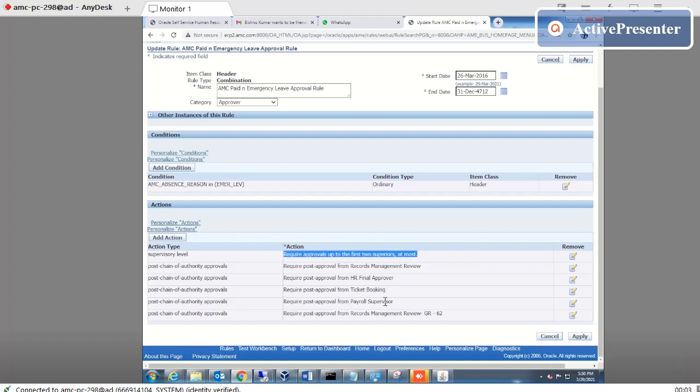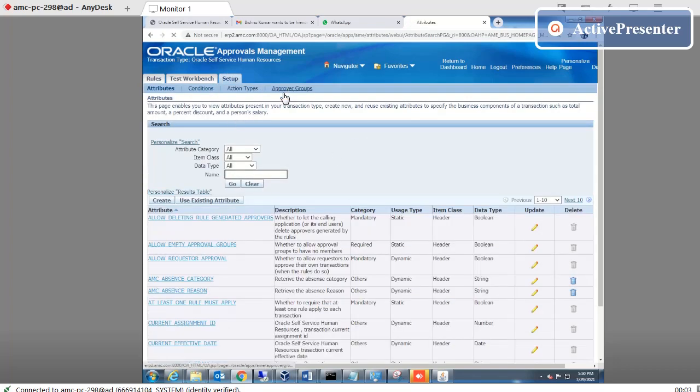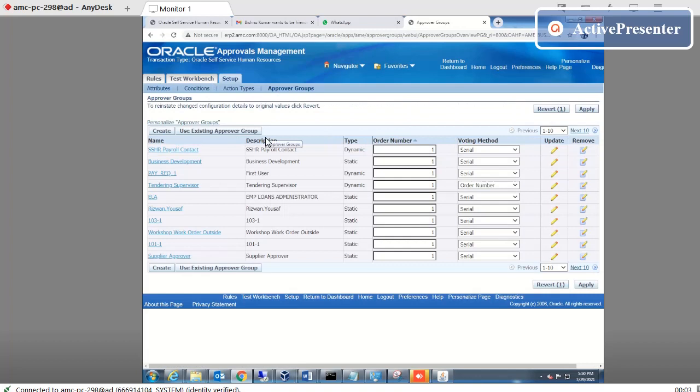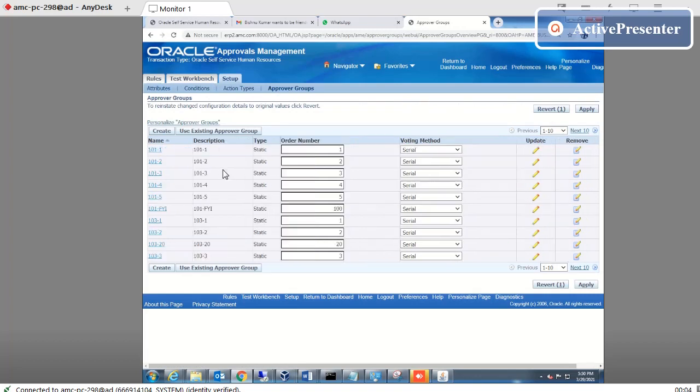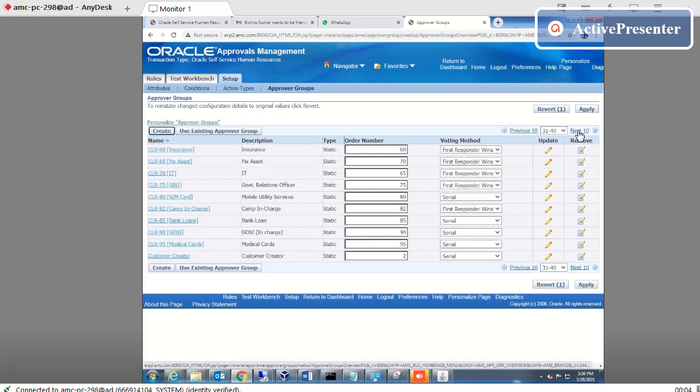Now the data will come for a record group, record manual group. So what the system does, we will come here to the setup, go to the report group, check the report group here, go to next, let me check the report group.